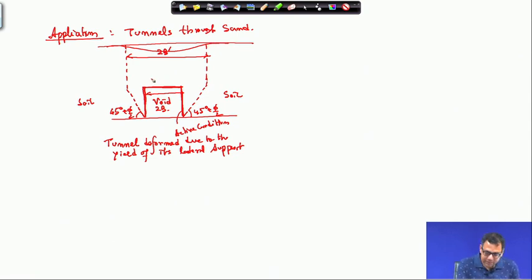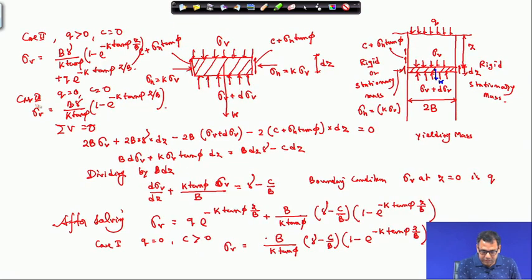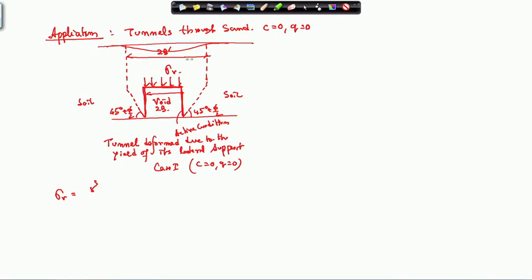So now the stress on this tunnel, this is my case O1. Case O1: sigma v, the stress which is acting on the tunnel, will be gamma, because here this is a sand, so the C value is 0 and the Q value is also 0. So this is the expression, but instead of B here I will write twice B, B dash.